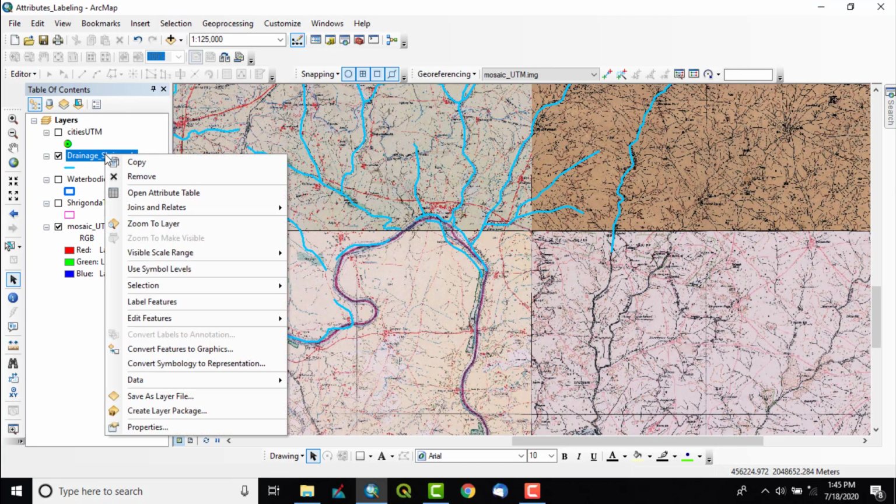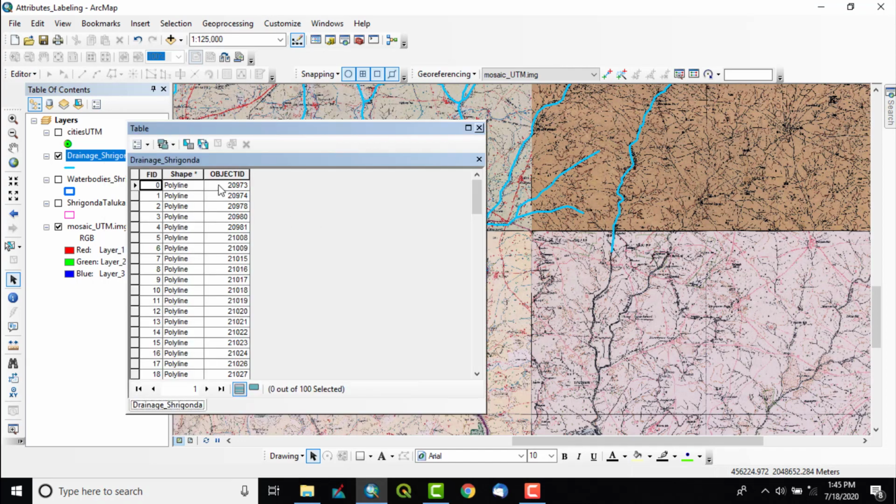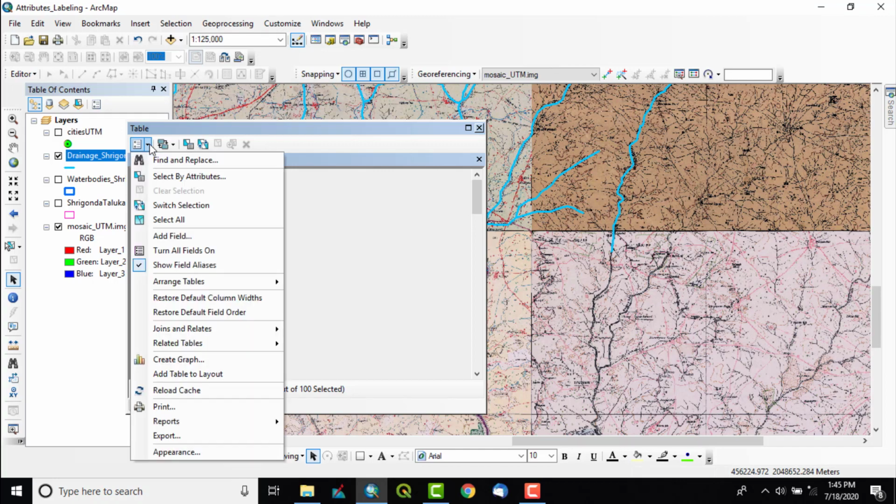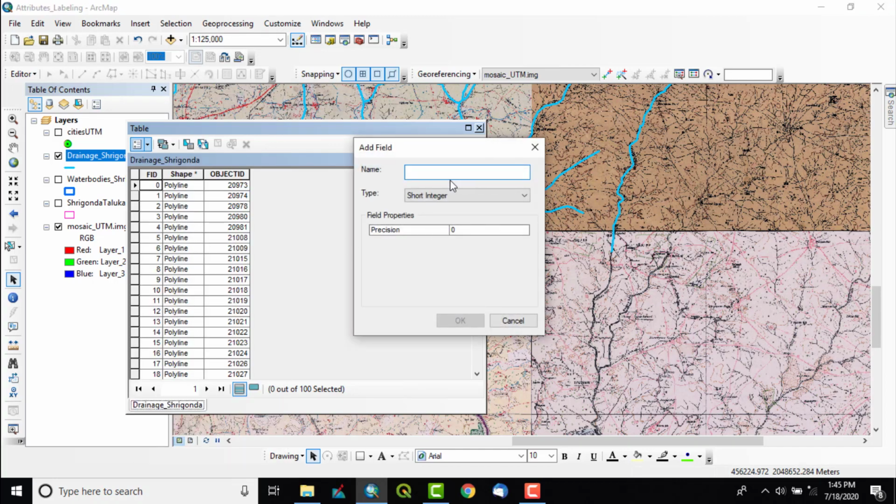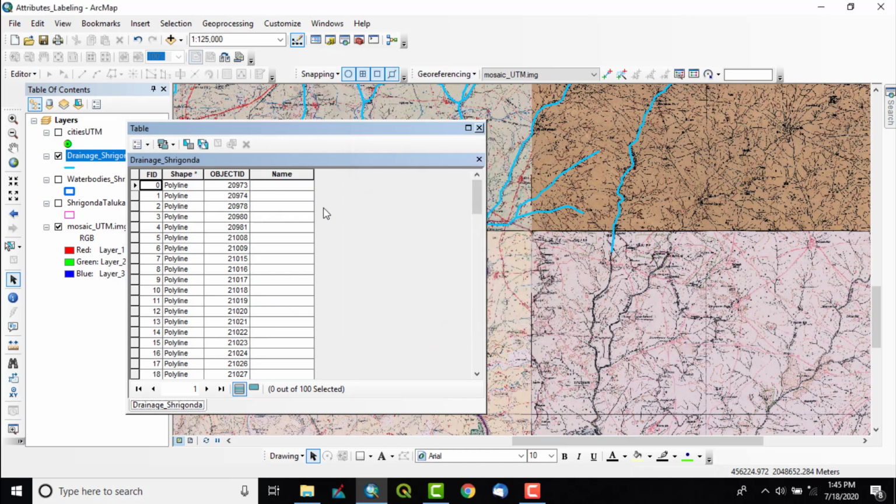For that also we have to open the attribute table, go to add field, and name only, because we are going to add the name. Same text, I will keep 40. Okay.